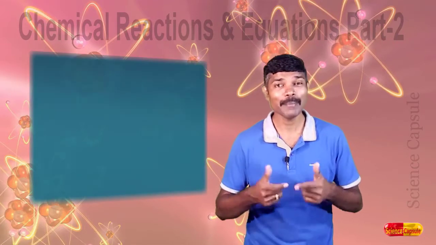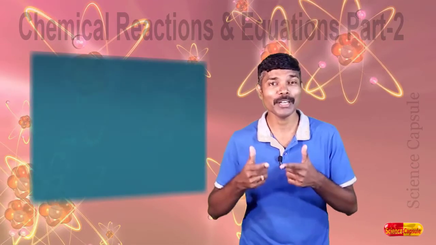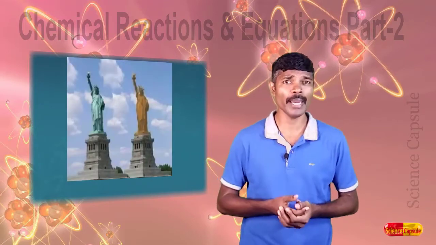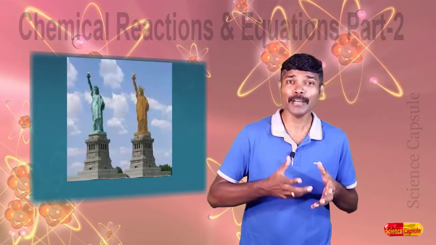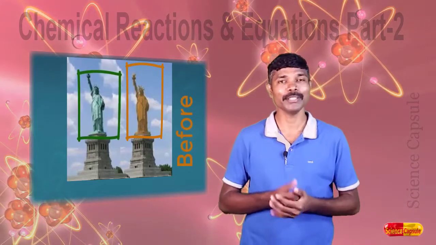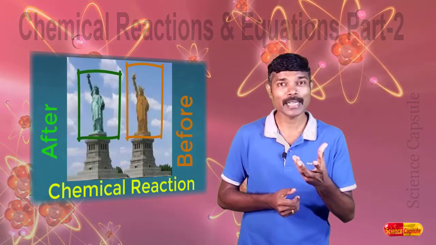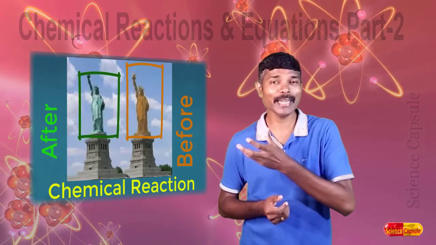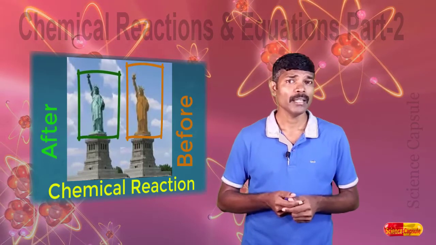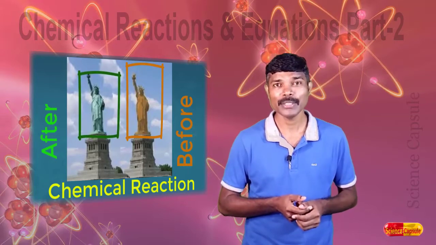Dear children, in our day-to-day life, we come across various chemical reactions or chemical changes in which we can see the chemical change is followed by change in color. For example, when copper vessels are exposed to air and kept for some days, we can see a green color deposit. The copper utensils and copper articles become green in color due to a chemical reaction. So here we can see the chemical reaction is followed by change in color.